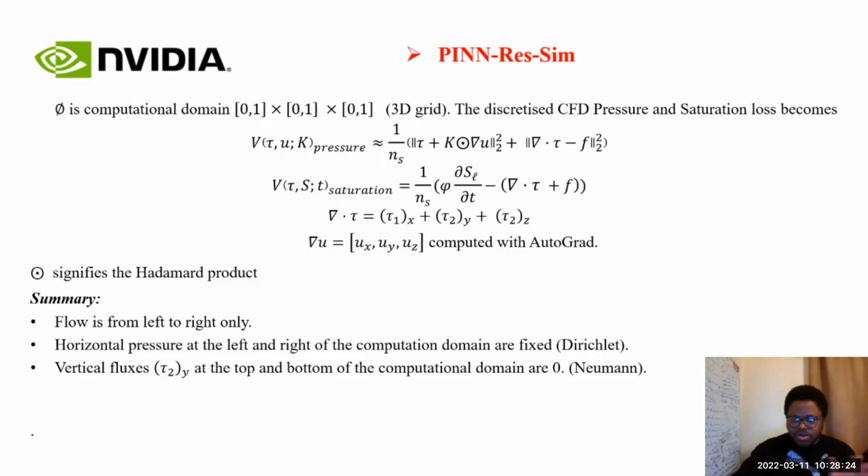So the initial condition is the saturation of water and saturation of oil. So for initial time step, at time t equals to 0, you have more oil than water. So the saturation of oil will be 0.8, for example. Saturation of water will be 0.2. Then at the final time step, there's an endpoint. So the saturation of water at the final time will be 0.8, and the saturation of oil at the final time is 0.2. So with this initial condition, with the CFD loss, with the boundary condition,